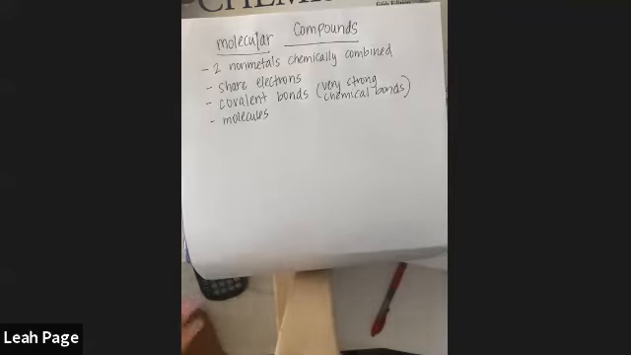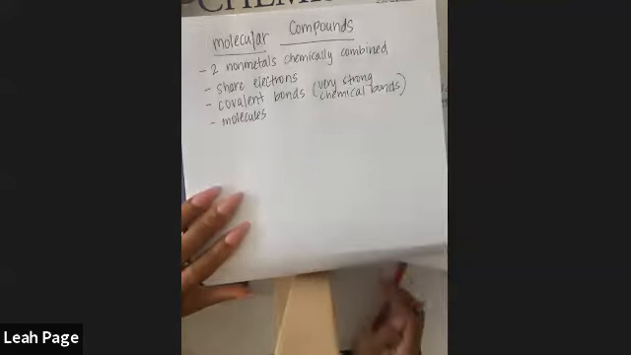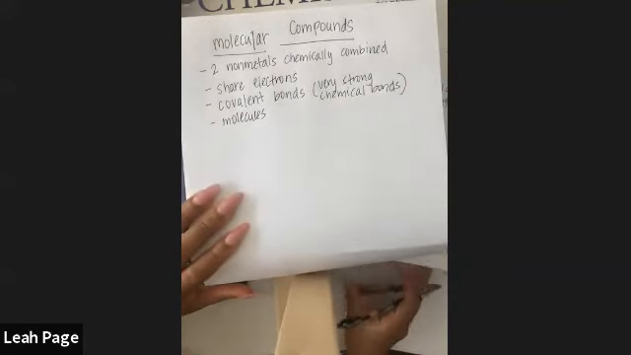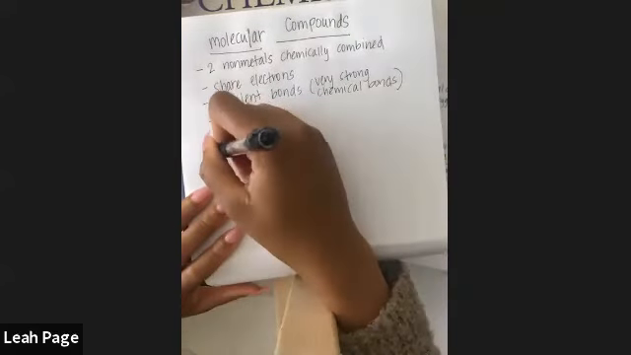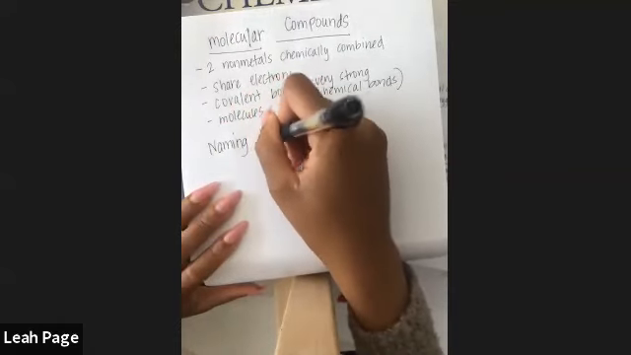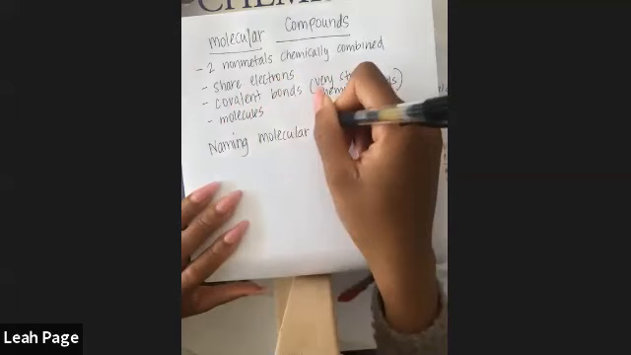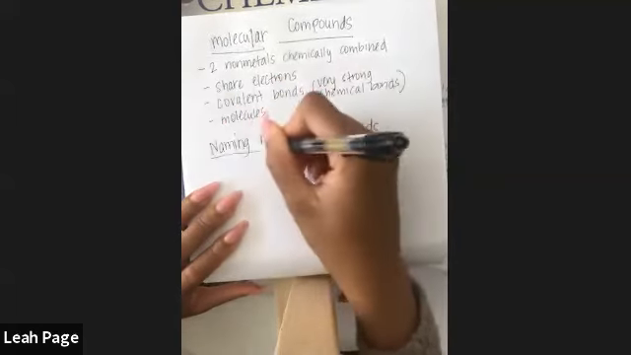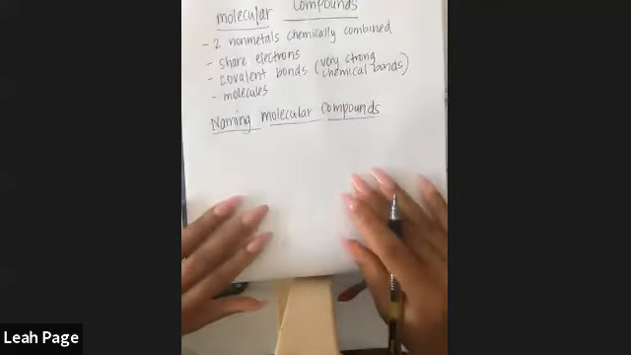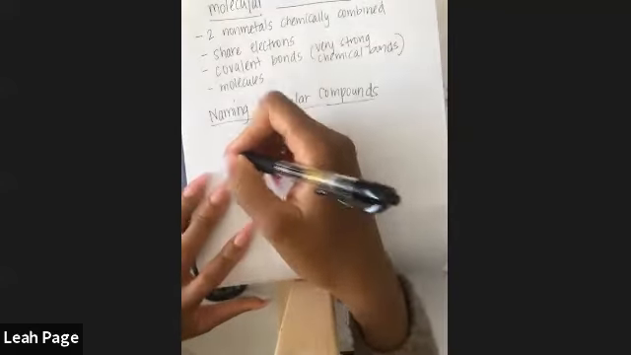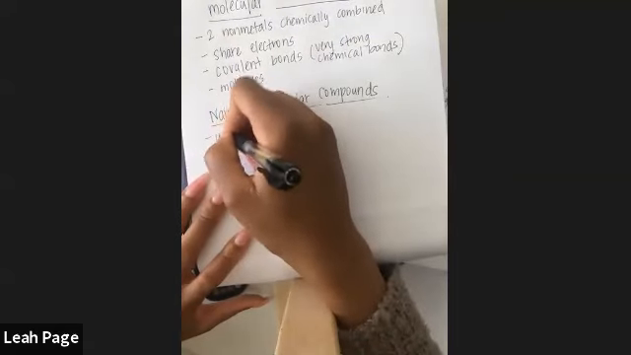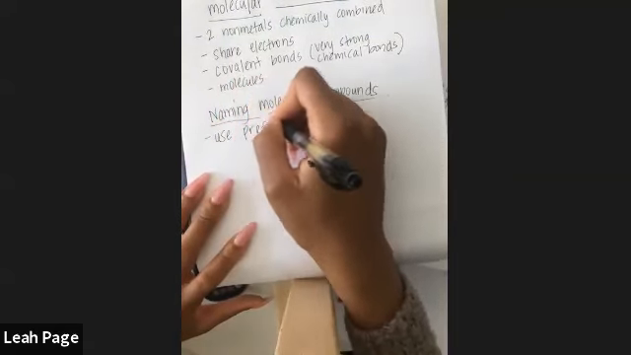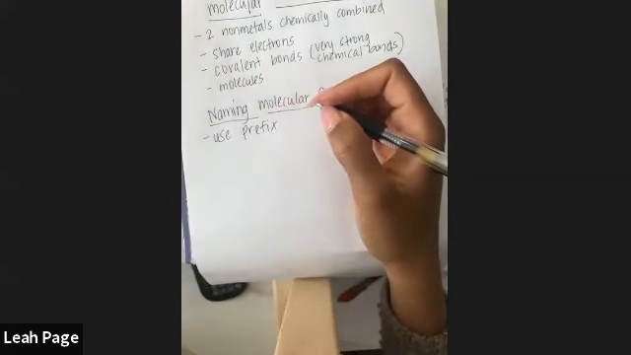All right, so when we go to name molecular compounds, the formula is always going to be given to you. You just got to worry about naming the compound. So when you go to name the compound, we use prefixes. And those prefixes are